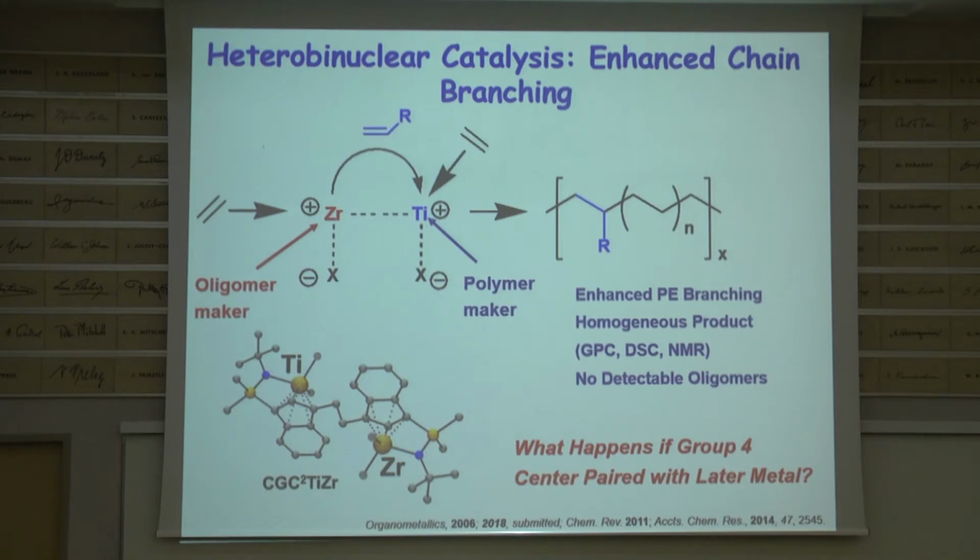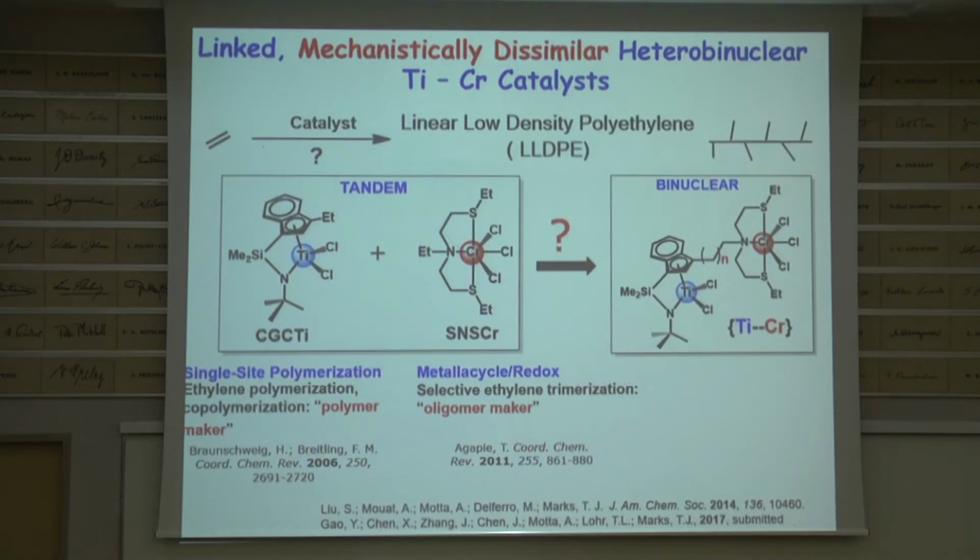And so this is interesting, but you might say, looking at the periodic table, well, titanium, zirconium's right under titanium. What's the big deal? That's not a stretch of the imagination. So what would happen if we used another metal in combination with titanium that even proceeds by a completely different polymerization mechanism? What might we see? And so we're going to look at this system. Here's the titanium again, very good polymerizer of olefins to make high molecular weight polymer. And this chromium compound, originally developed at BP actually, makes 1-hexene. It trimerizes ethylene to make 1-hexene.